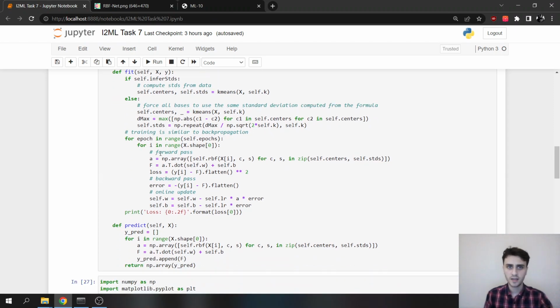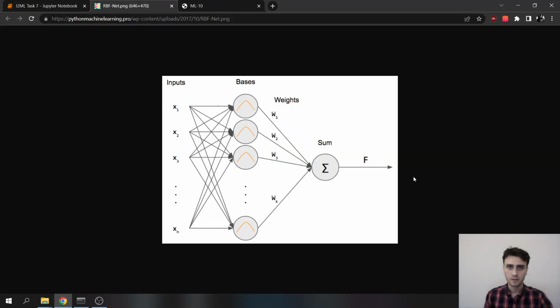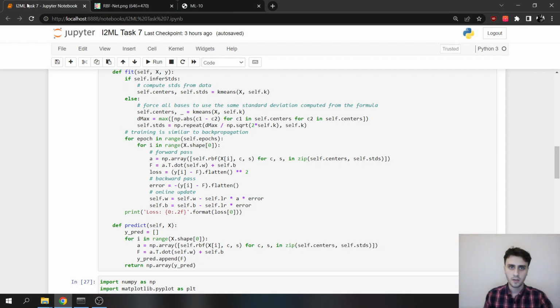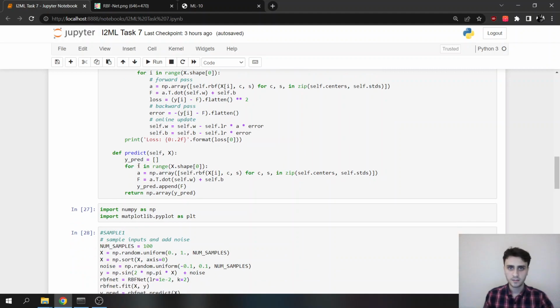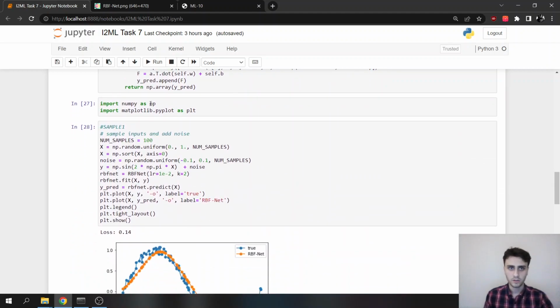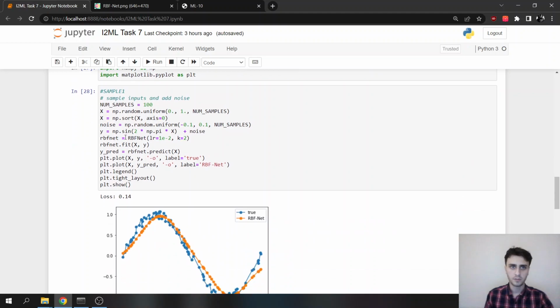So this is training, and then backpropagation. Forward pass, it does calculation, comes here, error, and then goes to backpropagation, it finds error and backpropagation, and prints the loss at the end. And prediction here. Also, we are going to use NumPy and Matplotlib here. I will use 3 samples and different hyperparameters to see the results.